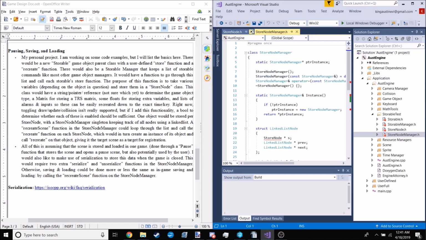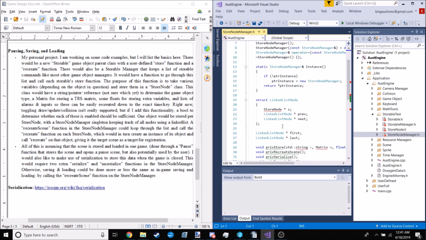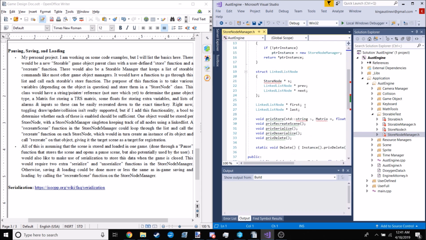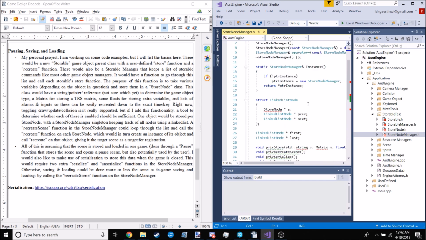And then I have the store node manager, which would have a linked list of store nodes, a first and a last, because you need to insert at the end to make sure that the update order stays the same when you recreate everything. So I have here a store, a recreate scene, which would just go through all the store nodes and call their recreates, and then some serialize and deserialize functions, because on the one hand, I do want this to be usable